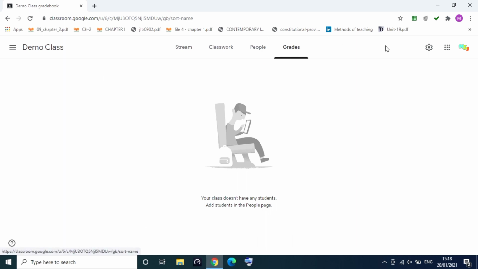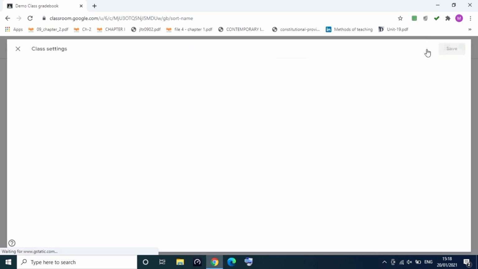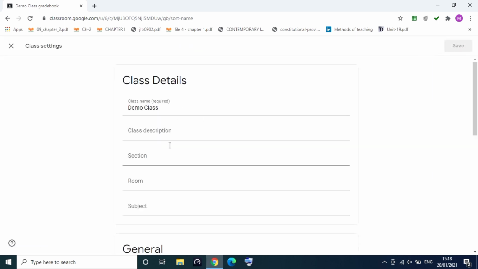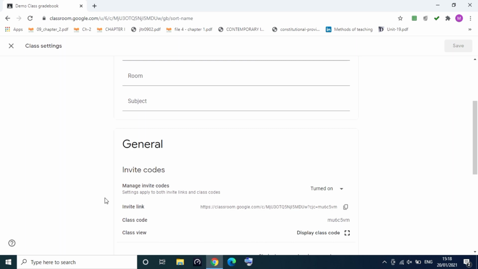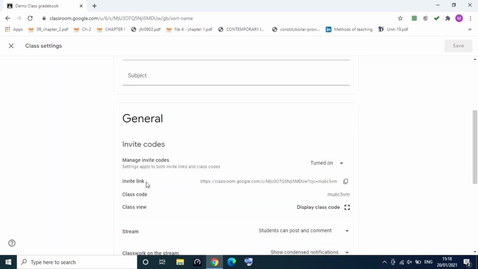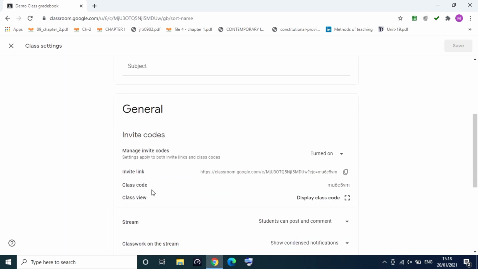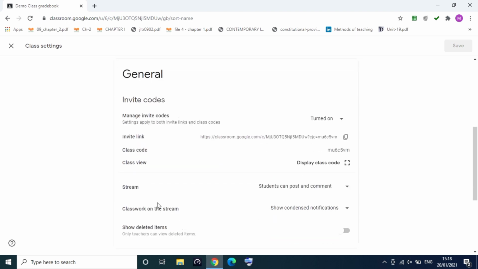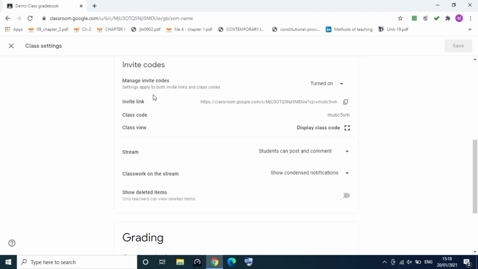Now let's move on to see what is in the settings. So you can see the class details here. You can see the general settings like invite code, invite link, class code, class view, everything. Whatever you want, you can set here. Now in the stream, you can see three things, that is students can post and comment, students can only comment, only teachers can post and comment.